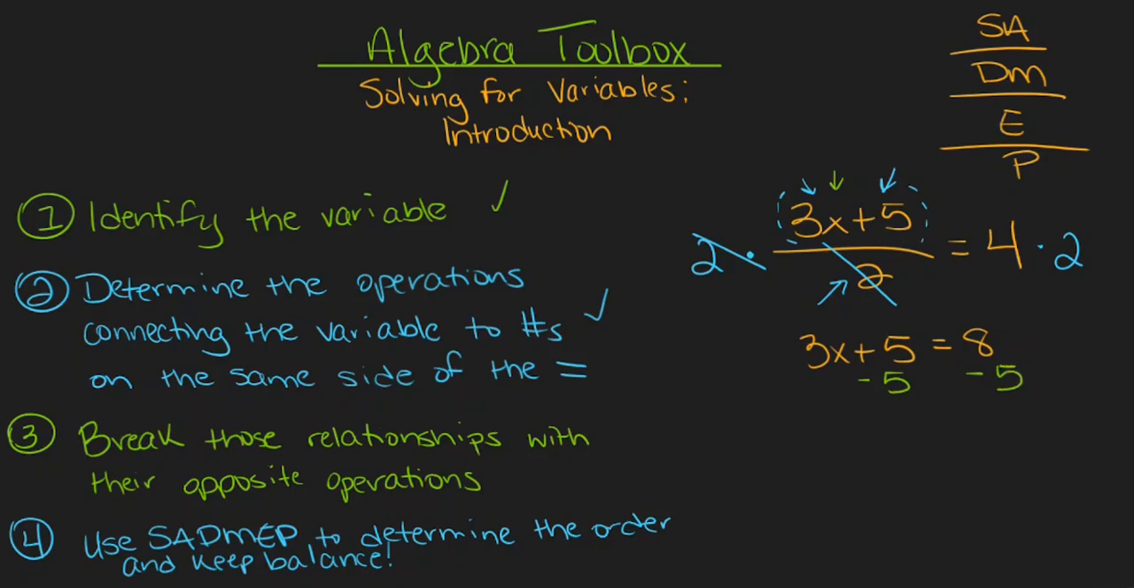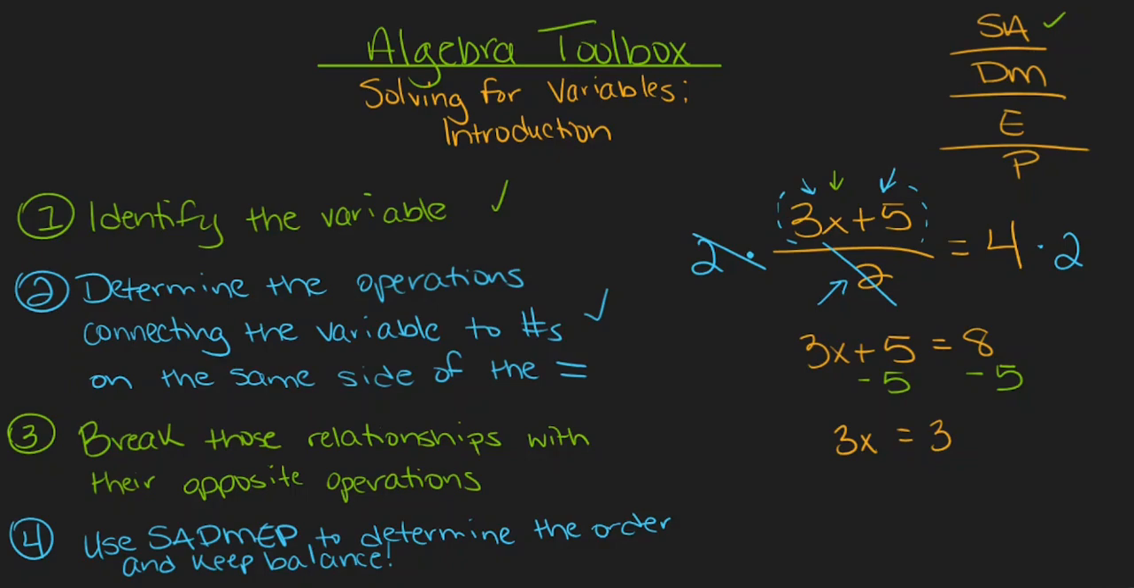On the left side, 5 minus 5 becomes 0, and 3x plus 0 is just 3x, so we have 3x remaining on its own. On the right side, 8 minus 5 becomes 3, so now we have 3x equals 3. I've completed the subtraction and addition portion of what used to be the parentheses section, so now I move on